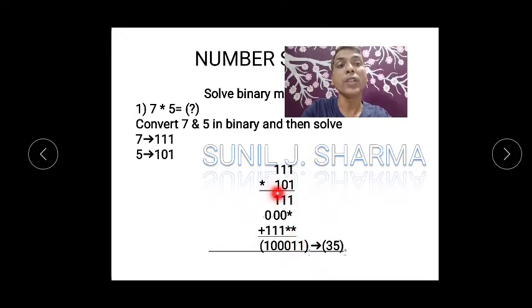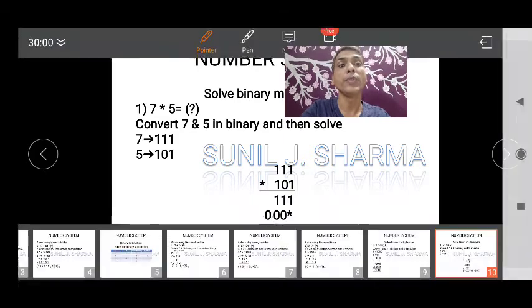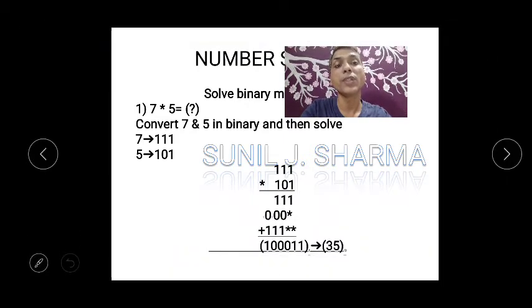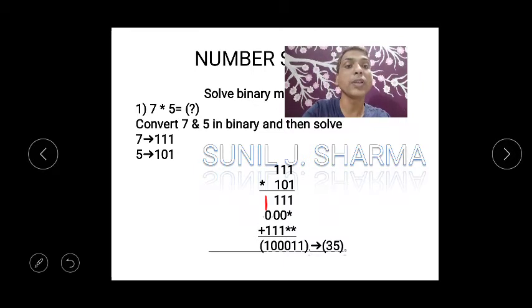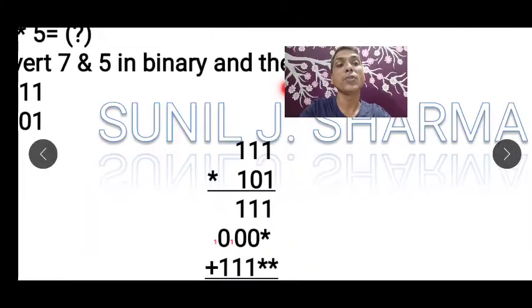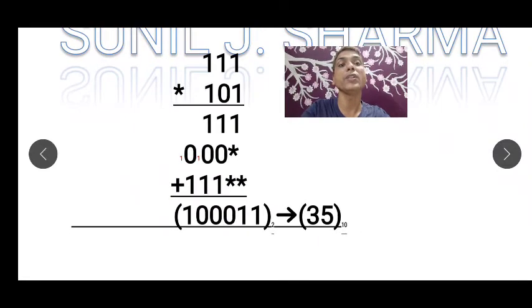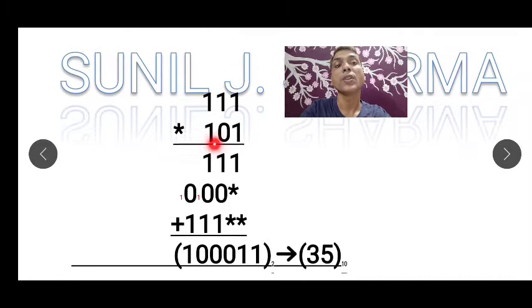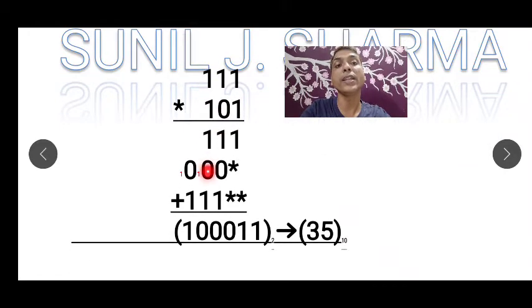Okay, now can you see, I think I have not written the carries. So 1 plus 1 is 0, carry 1. I think carries are there, but can you see it is written in very small, or let me zoom this. So yeah, can you see here, this is 1 plus 1 is 0, carry 1.